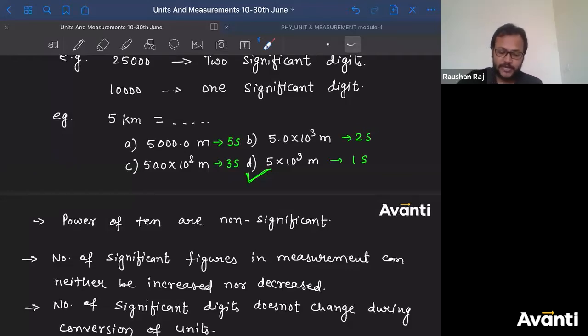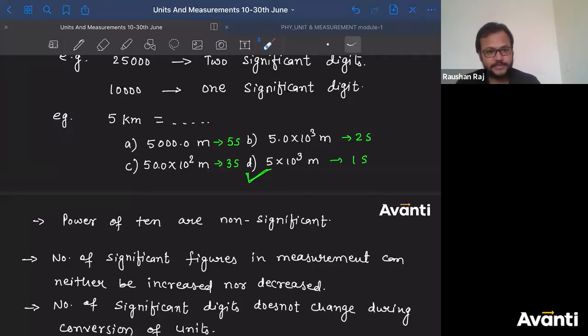Because there is no, see, 10 to the power something. Do you measure it? Sakshi, do you measure it? This is not connected to a measurement, right? Even if you measure it, they are non-significant. It does not come on the scale and all, na? समझ में आ रहा है क्या? So that is not actually included in the measurement in that way. So they are non-significant. So for the error, for the precision, you are only worried about these values.